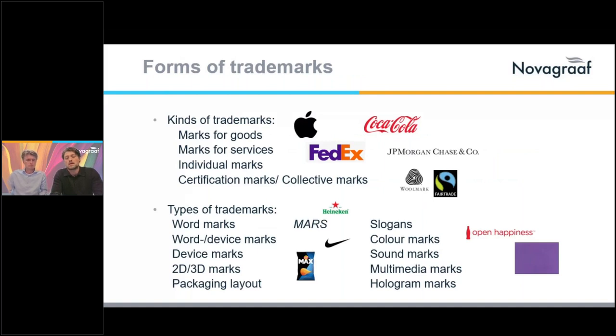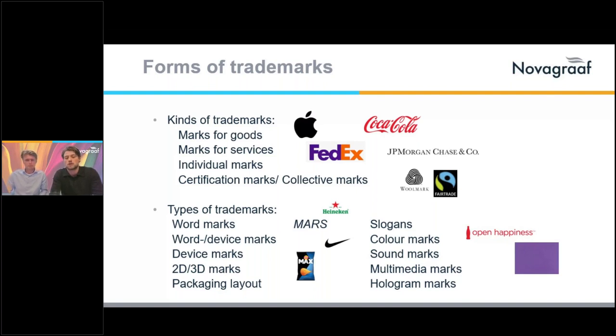There are many kinds of trademarks. So there are marks for goods, for example, Apple, as mentioned before, or Coca-Cola. There are marks for services, such as FedEx for shipment services, or JP Morgan Chase for banking or investment services. There are also a combination of the two, goods and services, for example, supermarkets, which also offer their own line brand. And there's also a difference between individual marks, which is purely meant to distinguish goods and services, and certification